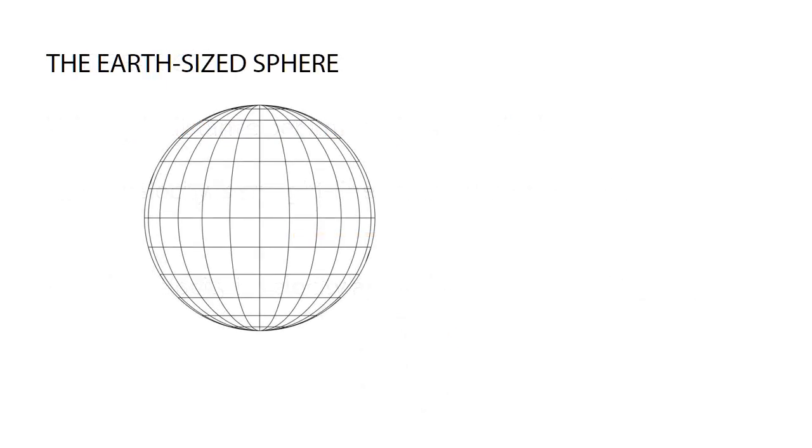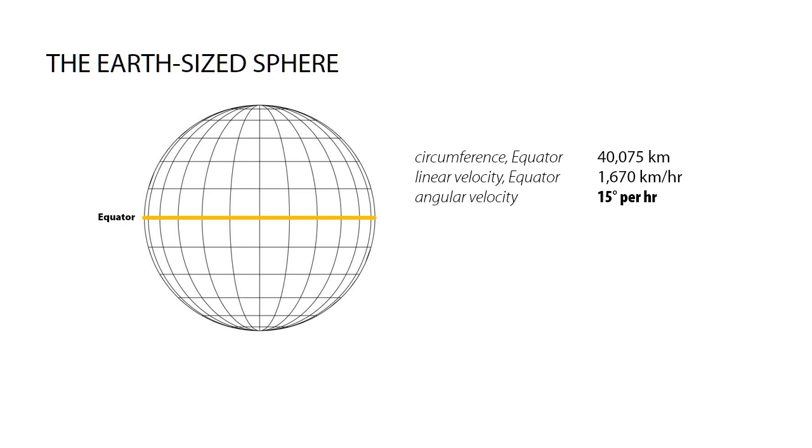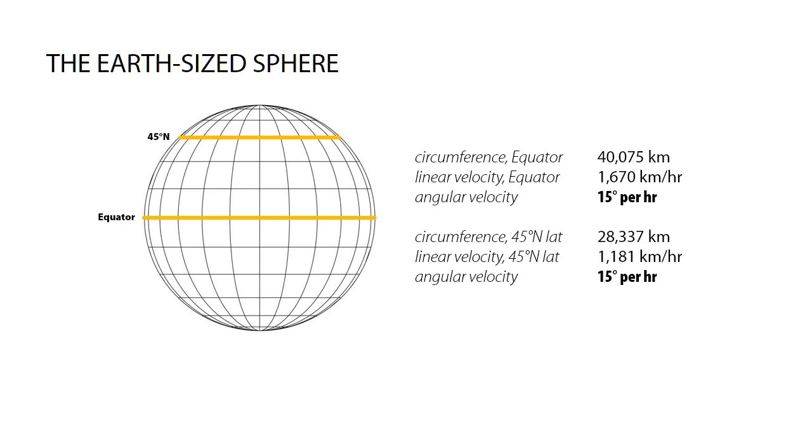Now, suspend your disbelief for a moment and assume the Earth is a nearly perfect sphere. I'm going to throw some numbers at you, so stick with me. We'll round these figures to the nearest whole number for now because we just want to get a sense of the problem. More precision won't materially affect our outcomes at this point. At the equator, the circumference of the Earth is 40,075 kilometers, so the linear velocity of a person standing on the equator is 1,670 kilometers per hour. At the 45th parallel, north or south, the distance around the Earth is 28,337 kilometers, so a person standing at this latitude is moving at